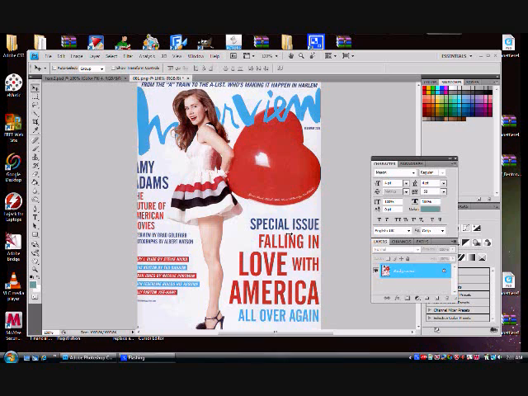This is my tutorial on using coloring PSDs. This technique also works with your cutout PSDs, where you have a picture of a celebrity or an object and then it's just the transparent tiled background. So this will also work on that as well. But for all intents and purposes today, we're going to use a coloring PSD. We're going to use this